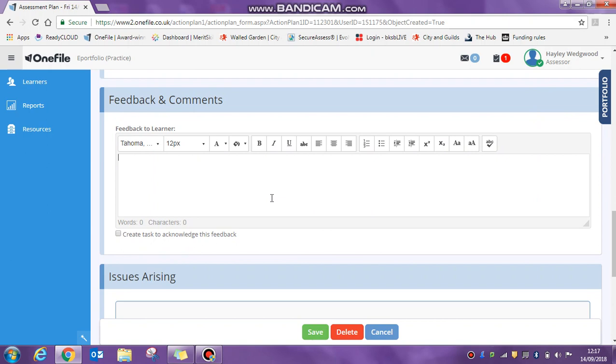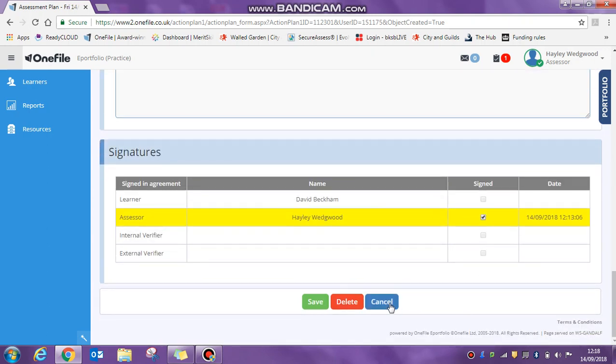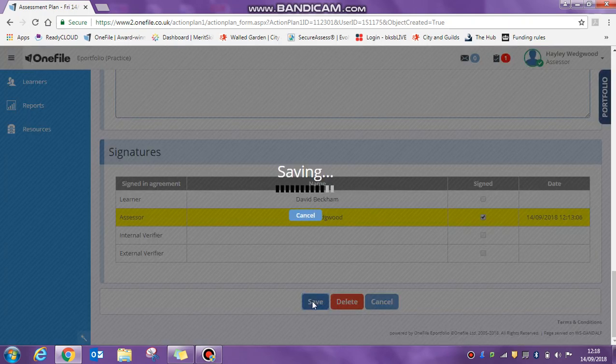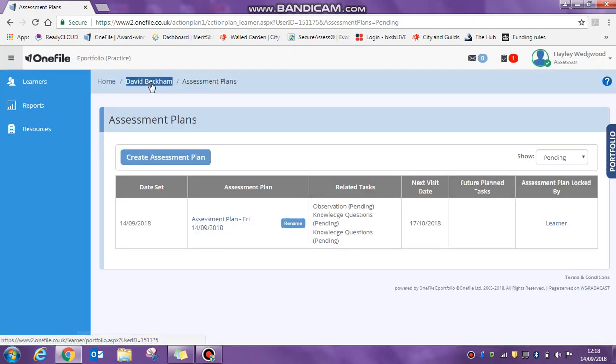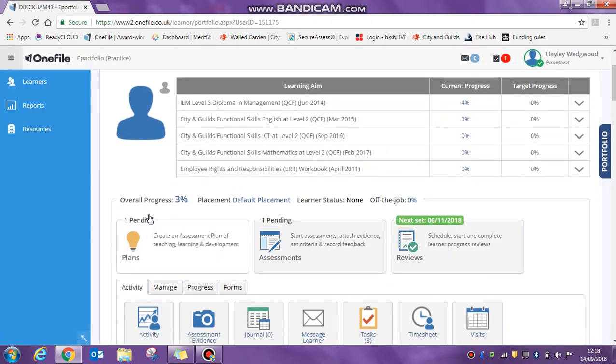Feedback box, always feedback. So, great session today, fabulous work completed on questions and reflective logs. I don't know what it's about. And then sign that plan off at the bottom. That is then going to sit as a pending plan for that learner. So now